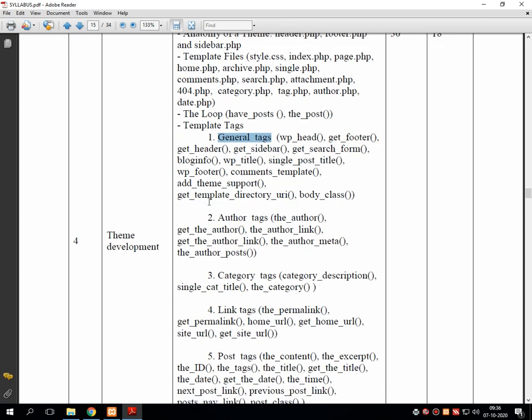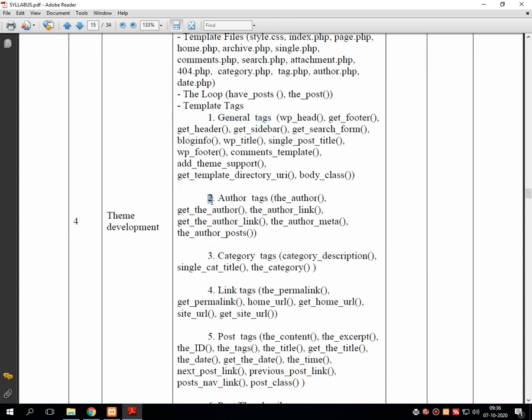Once the general tags get completed, we'll go for bunch number 2, that is author tags. All these tags are related to the author. I'm just taking the names: the_author, get_the_author, the_author_link, get_the_author_link, the_author_meta, and the last one is the_author_posts.